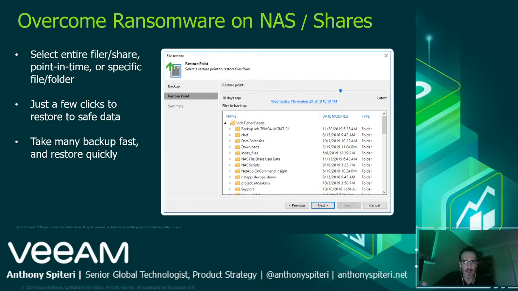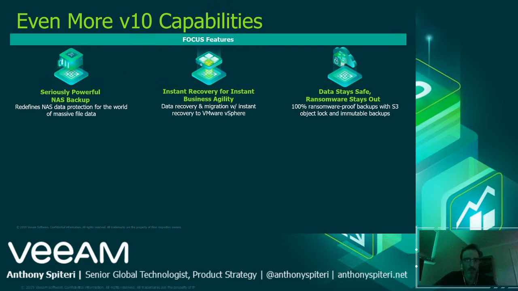So again, in NAS, we've introduced a slider, which makes it very easy to go back and forward in terms of a point in time, just in case you got hit by ransomware or a malicious user. It's just adhering to the compliance that you might be under: if you did suffer a ransomware attack, you can slide back pretty quickly and get all your data pretty quickly as well.